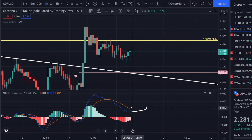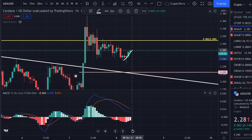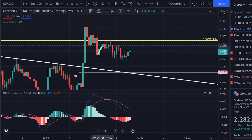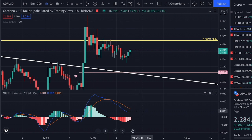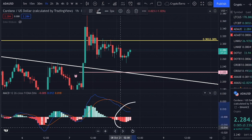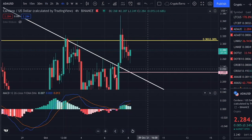So you can clearly see that during the past couple of hours we have experienced slight momentum towards the upside. This happened also at this point in time, but unfortunately afterwards we saw more momentum towards the downside. So right now I think it is of utmost importance to keep on going with this upward momentum to see this crossover occur. So this being said, I would like to head once more towards the 4-hourly time frame,